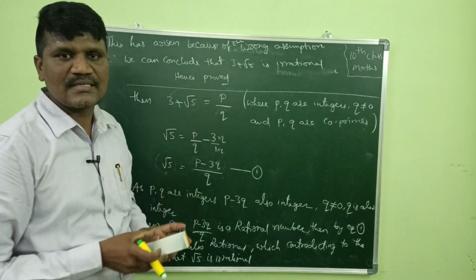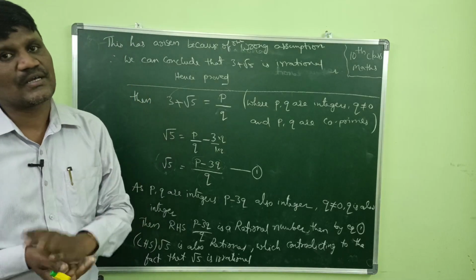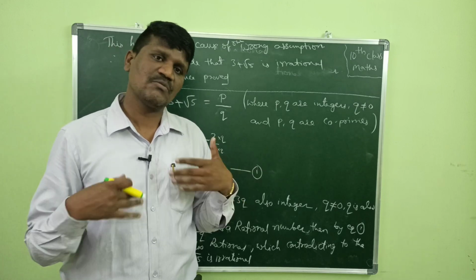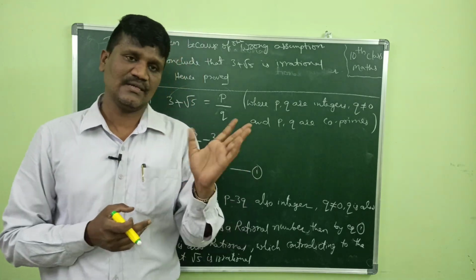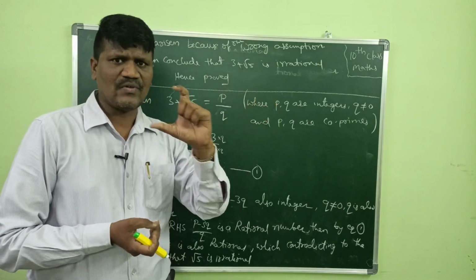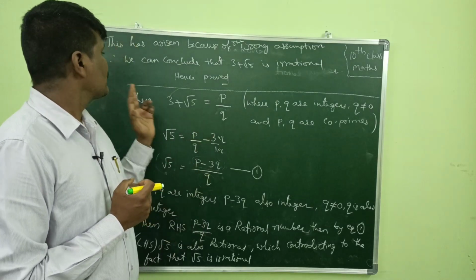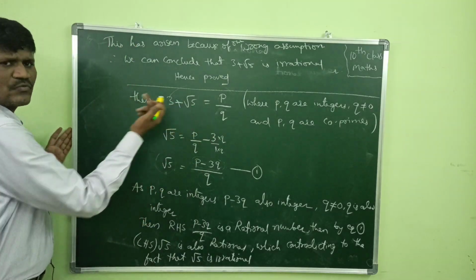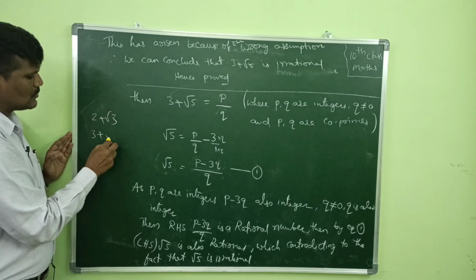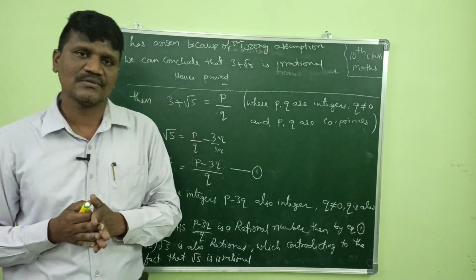Okay, so this is the way we have to write the answer. First of all, whatever number is given, 3 plus root 5, 2 plus root 3, whatever the number, there may be so many questions given in the examination. I am attaching a PDF file. You can see there and do the problems. Whether it is 3 plus root 5, 2 plus root 3, or 3 plus root 7, all the problems use the same method. This is the type 1 problem.